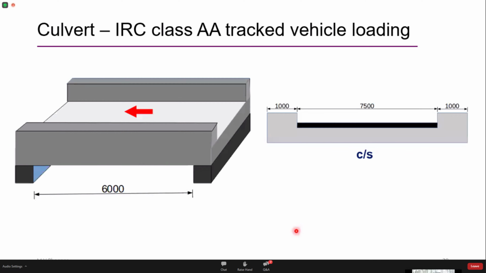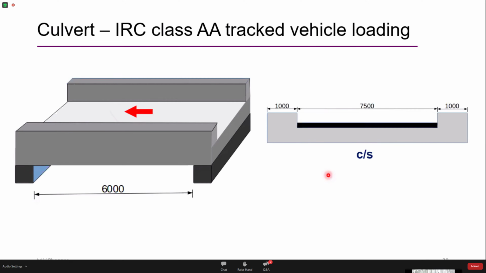To understand both these cases, that is, when the loads are acting in a straight line and when the loads are not acting in a straight line, let's try to understand this by some worked out examples. I've taken a very simple example to highlight what this effective width method means. Here I've taken a simple slab culvert of span 6 meters. This is a simple deck slab resting on two opposite sides, and the width of the carriageway is 7.5 meters. Let's say there is a footpath of 1 meter on either side, so the total width of the slab works out to 9.5 meters.